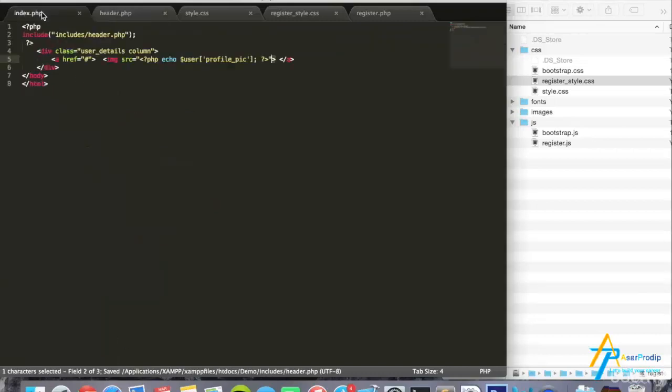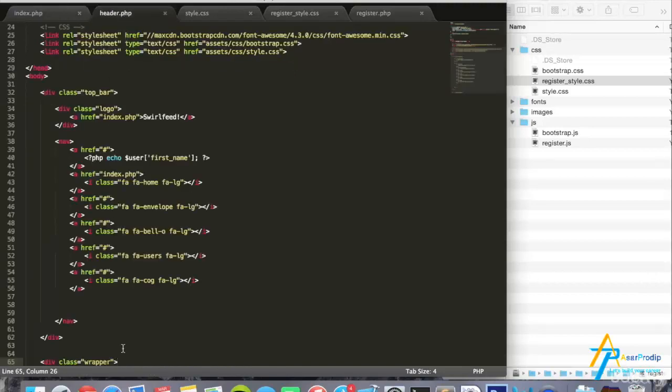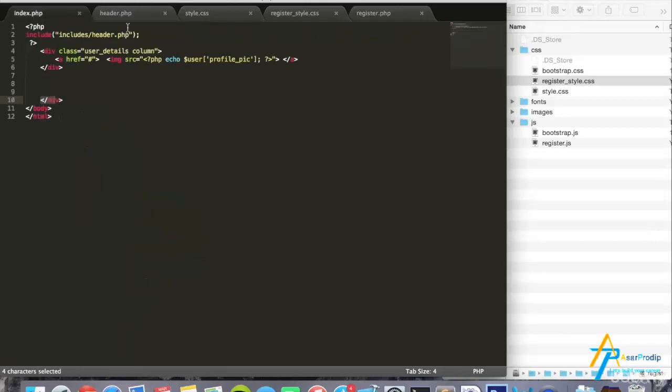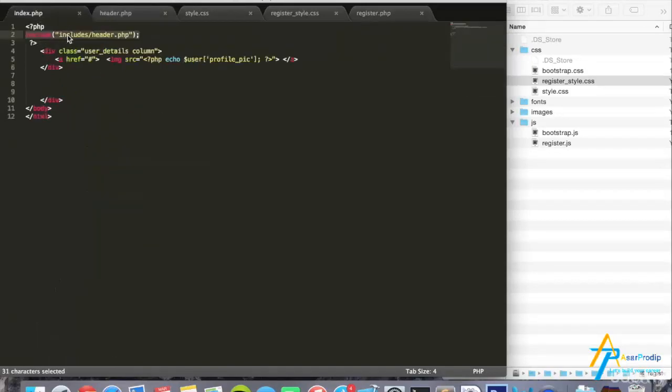We're actually going to close it off in the index page here. So right at the bottom, it's going to be the very last thing that the page has, the closing tag for that div right there. And remember, those two will be together because this is essentially just pasting all that code right there. Okay,